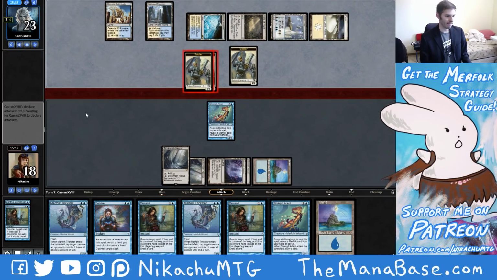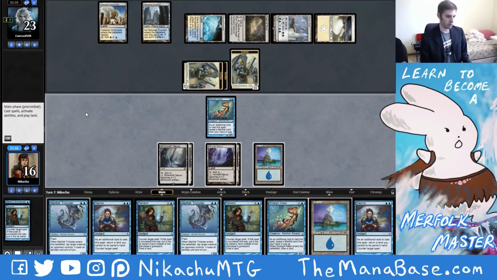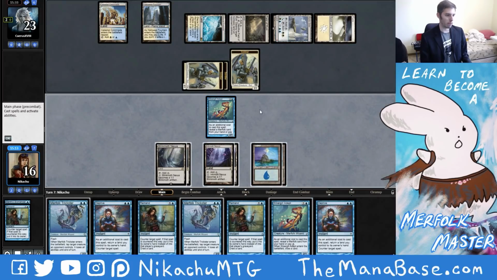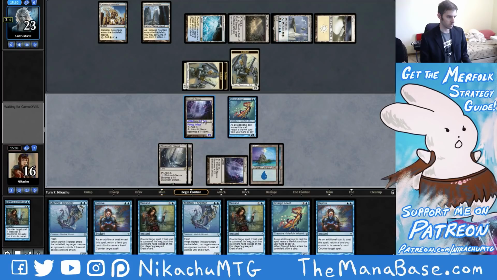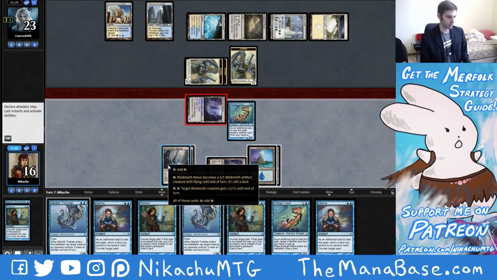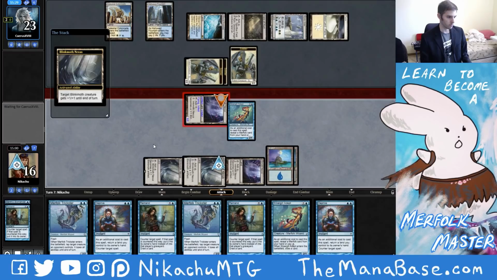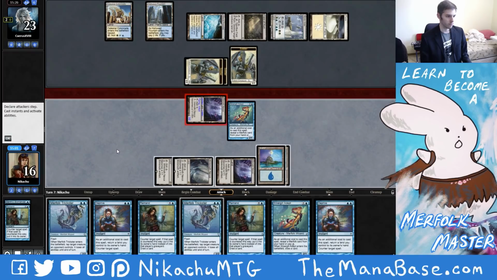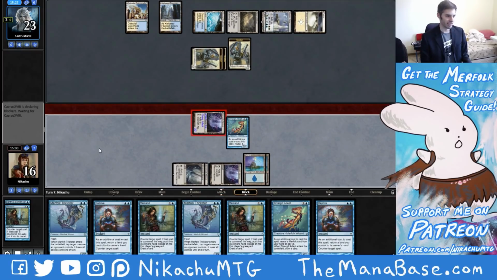Okay. Okay. And we got our island, so we're a little bit more online than we were before. So now we can pump up Inkmoth Nexus. We're doing it, people. We're doing it. It's flying, right? It's flying. They can't block. They have a Colonnade, but...